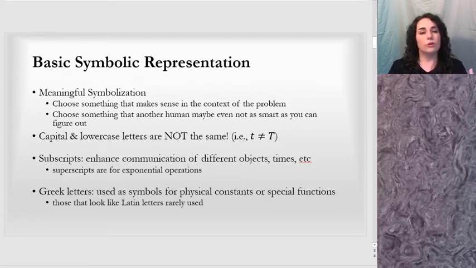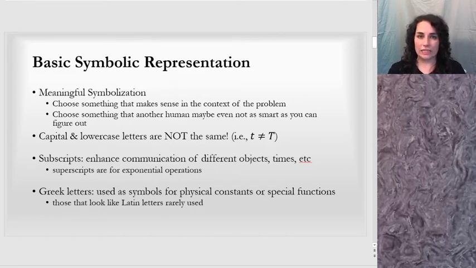All right. So in the context of the problem, it may be velocity, so you use V, or force, so you use F, mass and acceleration, M and A. It makes sense to use certain letters in certain situations. Often you have an initial and final, so you'll have an i and f, a V initial velocity, a V f, a final velocity. And so the trick here is to choose something that another human being, maybe one not even as smart as you, could figure out. And also if a